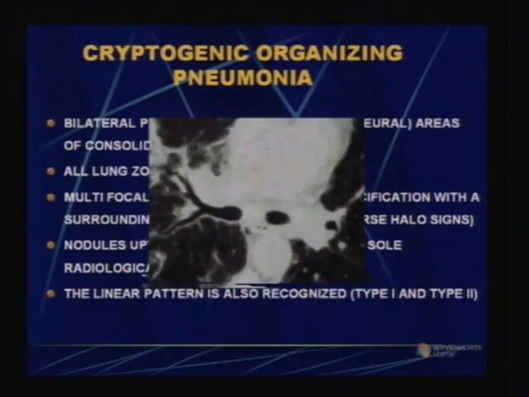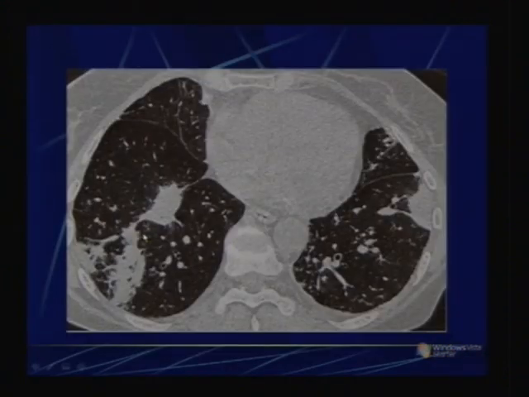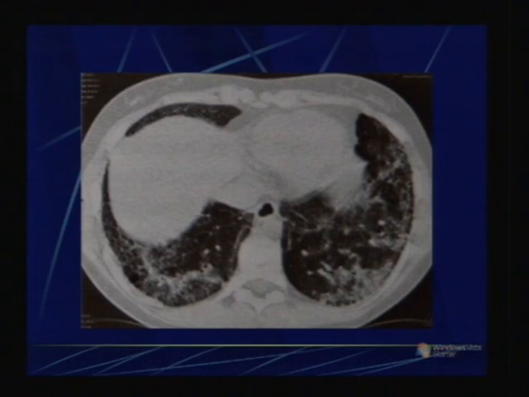In cryptogenic organizing pneumonia, again you can see here bilateral patchy peripheral involvement with air bronchogram, dense opacifications. This is another picture. Here again you can see peripheral patchy involvement of both the lungs in the subpleural areas, along with some areas of ground glass opacities. This is another case of cryptogenic organizing pneumonia, where there is an involvement of both